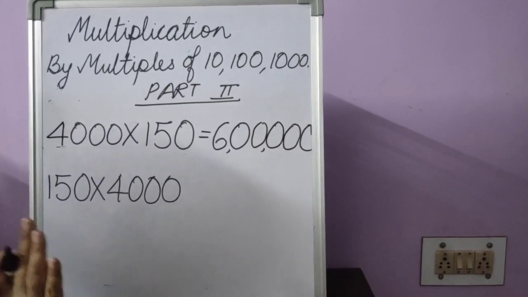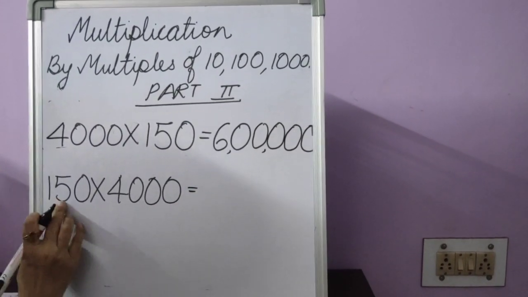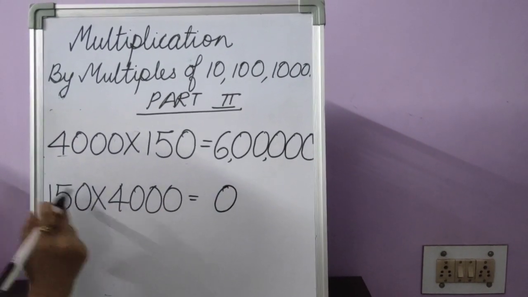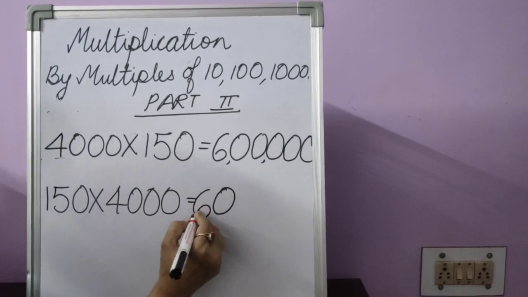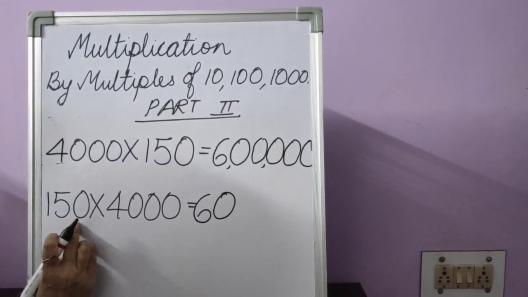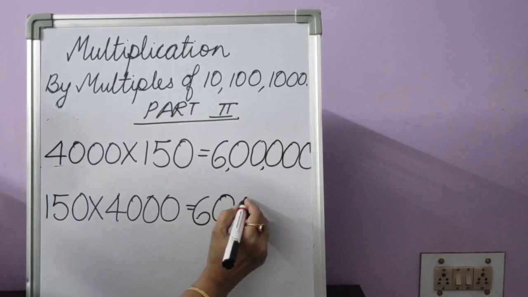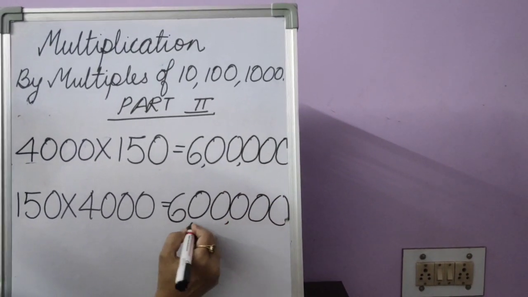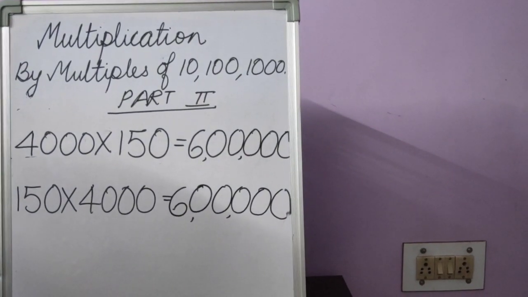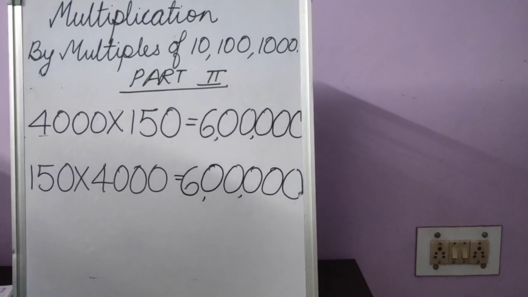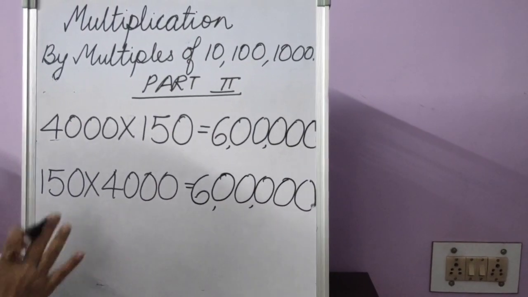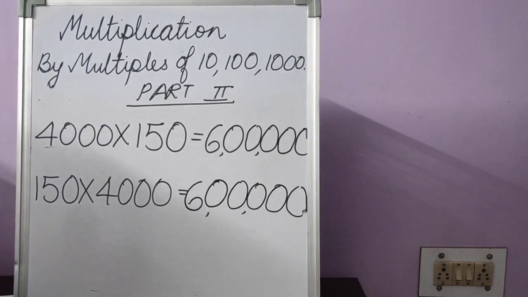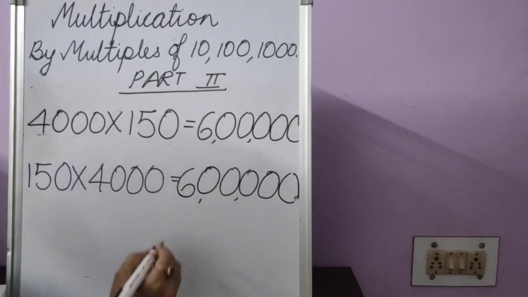Again, leave out the zeros. Don't touch the zero now. Now, 4 fives are 20. 0 carry 2. 4 ones are 4 plus 2, 6. How many zeros have we left out? 1, 2, 3, 4. Exactly the same. Again, if some of you feel that you are not able to do it orally over here, just in the beginning, maybe for 4 or 5 sums, you can do it in the rough.